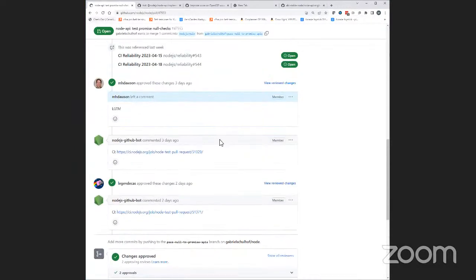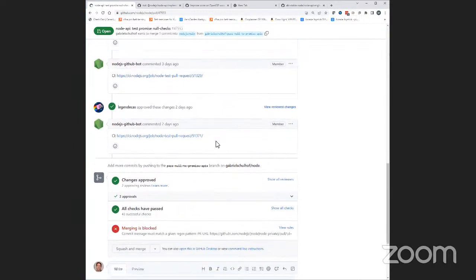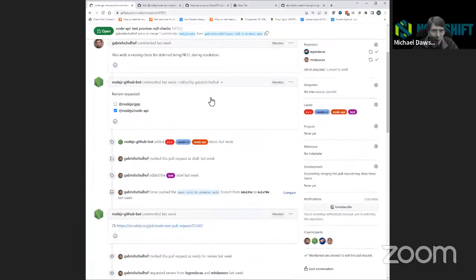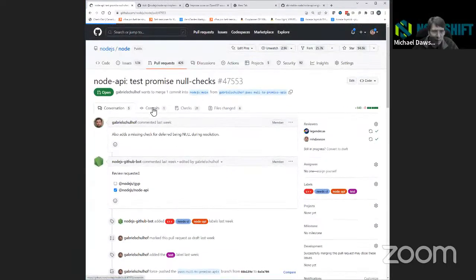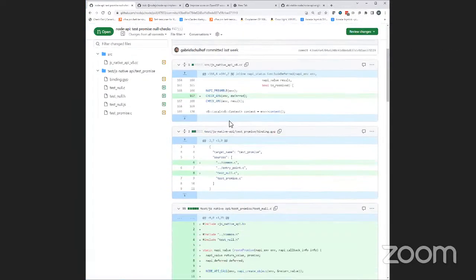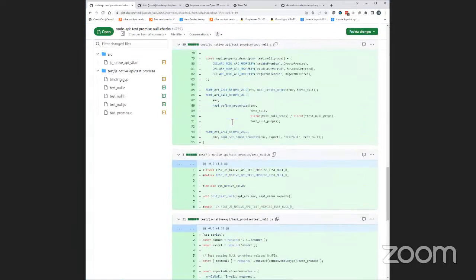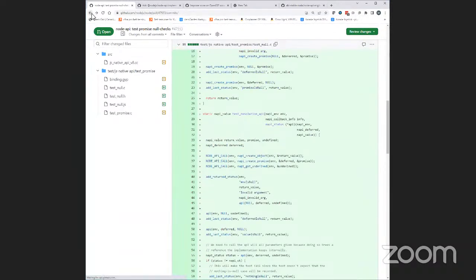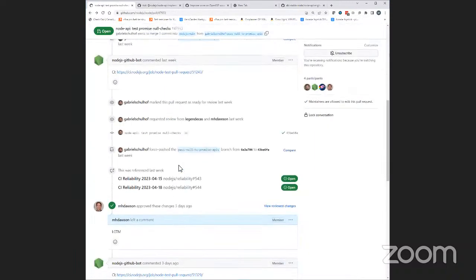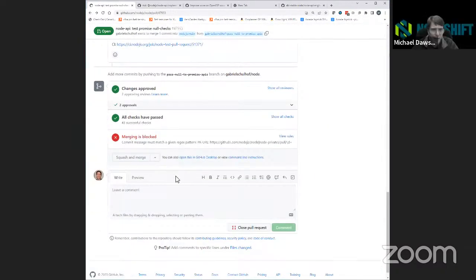Yeah. Okay. It seems like we have new constraints, so maybe Gabriel needs to update the commit message. Is this, let's see. Well, it's strange. I suppose this commit message is up to our standard, right? Yeah, I think so. It's interesting.